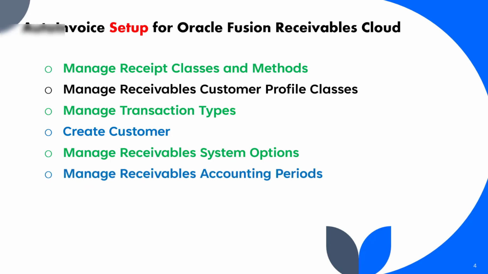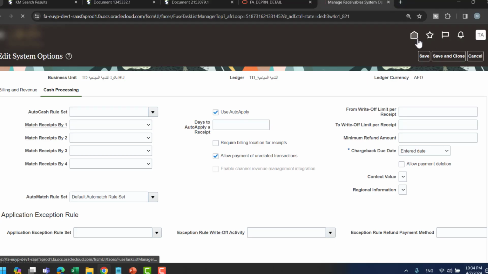After that, manage receivables accounting period. Accounting period: open or close periods in your accounting calendar to control the recording of accounting information for these periods. Since the objective of AutoInvoice is to create new transactions, the goal is to have these transactions impact open GL periods. So ensure that the accounting date as the GL date value you provide in the template is within an open period. Just come here, go to receivables,